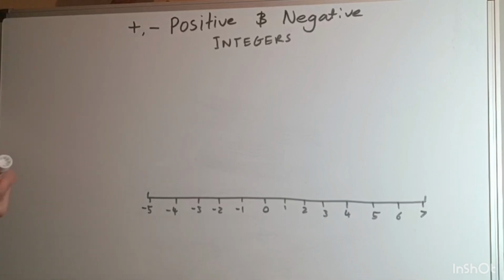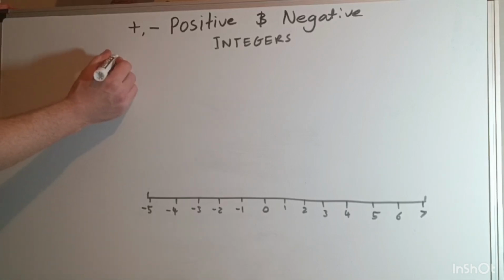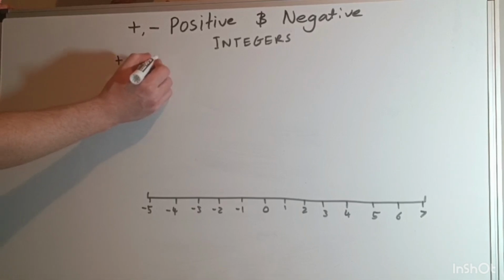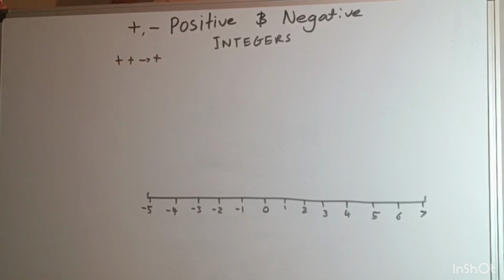So before we start, we should start off with some rules. So these are the rules of adding and subtracting positive and negative integers. When we have two positive signs together, that just becomes a positive sign. Very easy to remember. So plus a positive number, you just add them. If we have